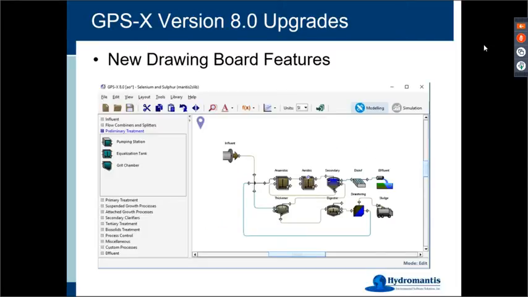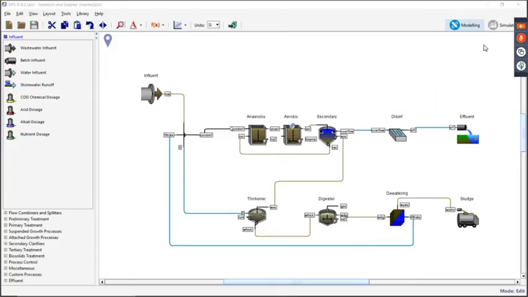Another thing that we did was we changed the way that you zoom in and out on the drawing board, and we now have a bit more standard way, like scroll bars on the side, and we have a new zoom button up here that works a little differently than the one that we had before. You don't have to use that locator where you would draw a box anymore. This is a much more standard way of doing it. There's also using the mouse wheel to move around as well. So I think you'll find all of that very intuitive to use, and it's very helpful. So let's take a quick look at that right now.